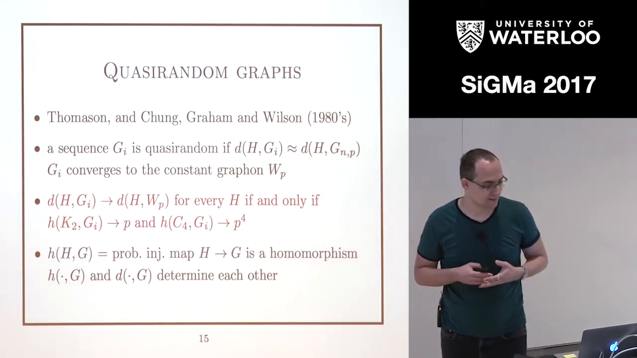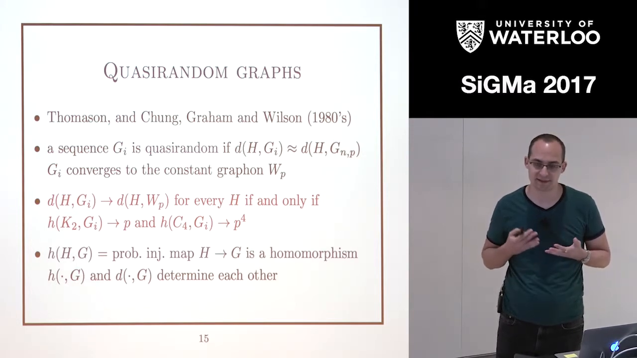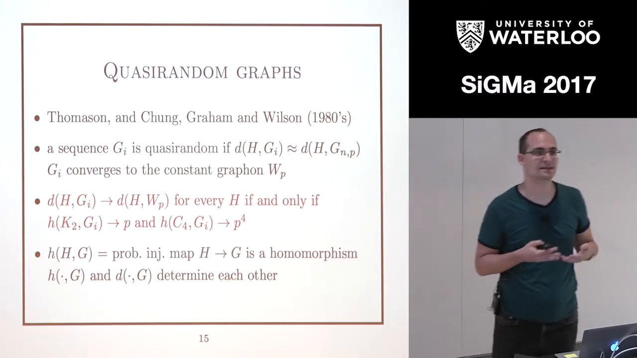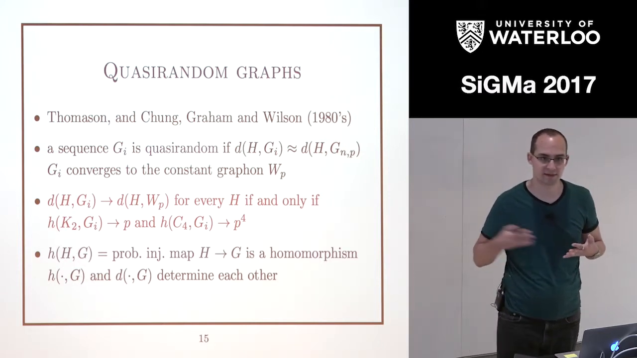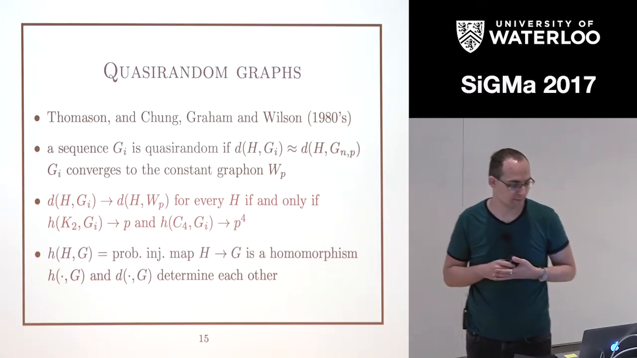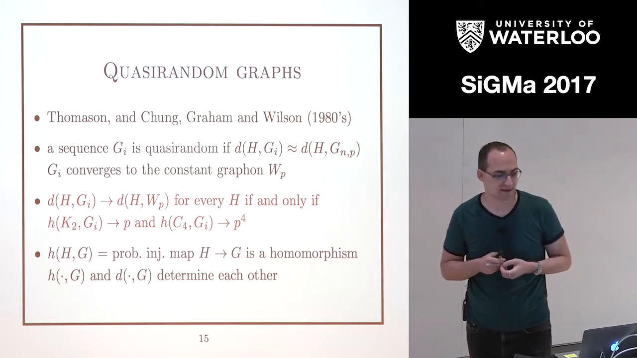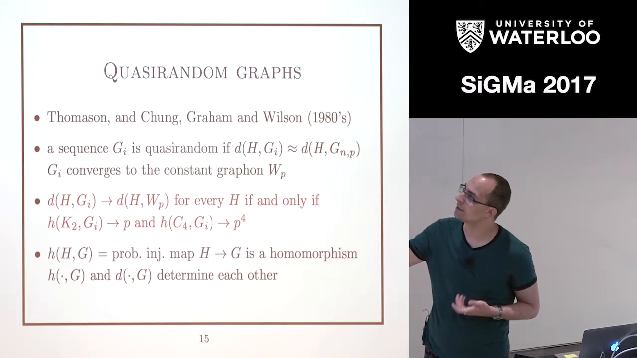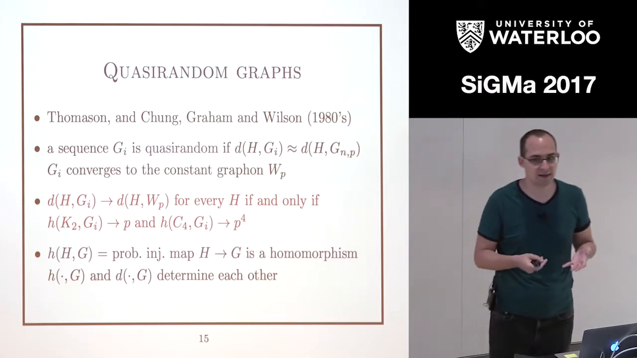So I want to ask when a sequence of graphs is quasi-random. In the language we have just introduced, I am asking when a sequence of graphs converges to the constant graphon, when the limit of a sequence of graphs is the graphon that is equal to p almost everywhere. And this classical work from the early 80s says that a sequence of graphs converges to the Erdős–Rényi random graphon, or is quasi-random, if and only if